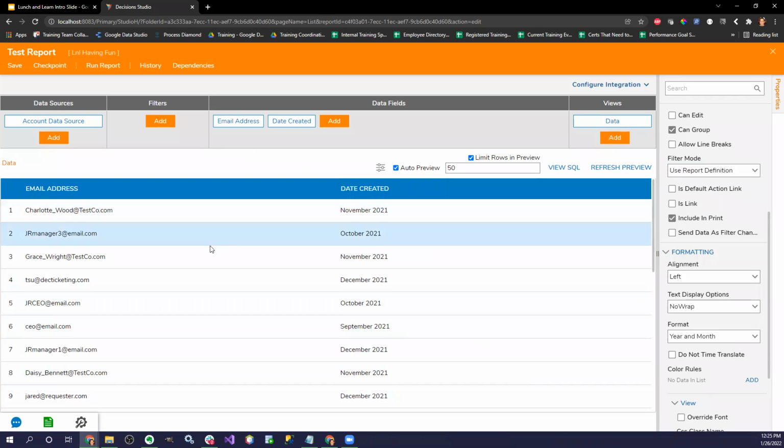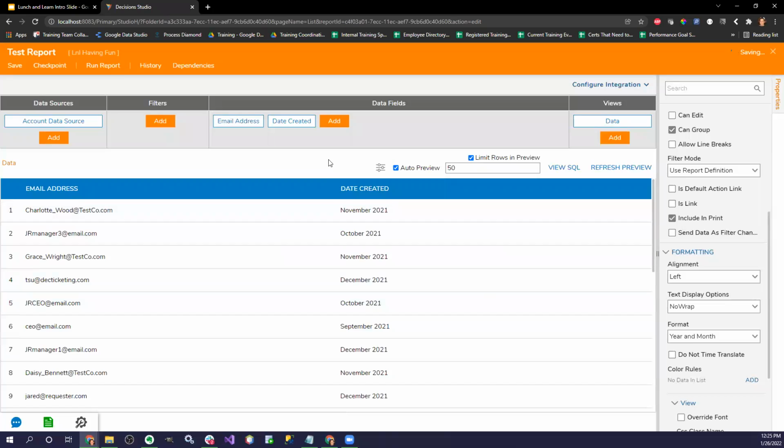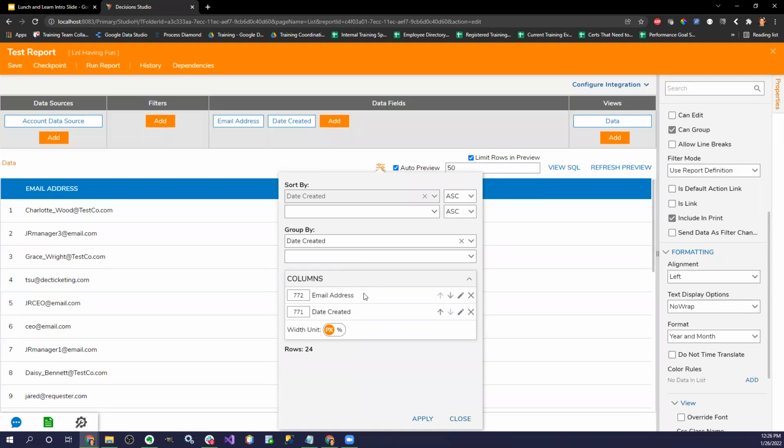So what I had to do is I had to use that formatting. I'm actually going to save that report. And then what I did with this is, in order to create a chart based on, like, month over month, or how many records were created on this month, you can group it by that created on date.